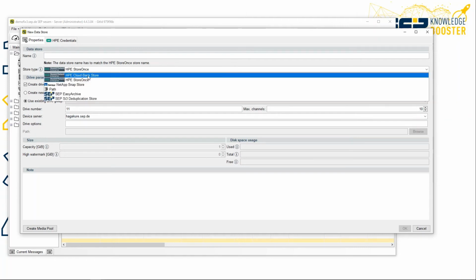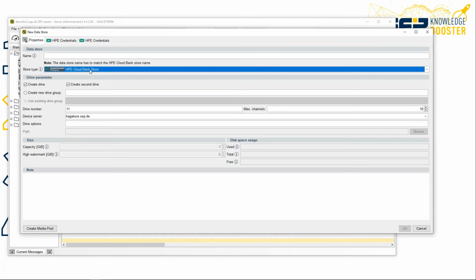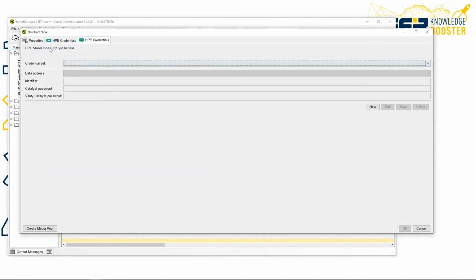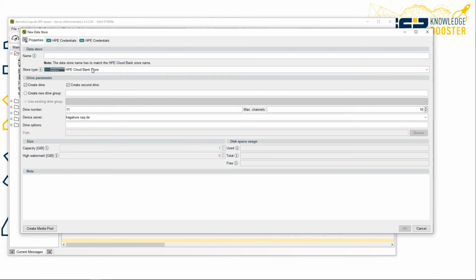Yeah. And if you would like to replicate to the cloud with the HPE StoreOnce, then you have to set up a Cloud Bank storage data store. And before doing that, you have to go to the HPE StoreOnce console, configure a Cloud Bank storage over there, and then you have to configure the data store here, provide the credentials for the Catalyst access to this Cloud Bank storage. And then you can replicate the data from one data store to this Cloud Bank store data store, set up a